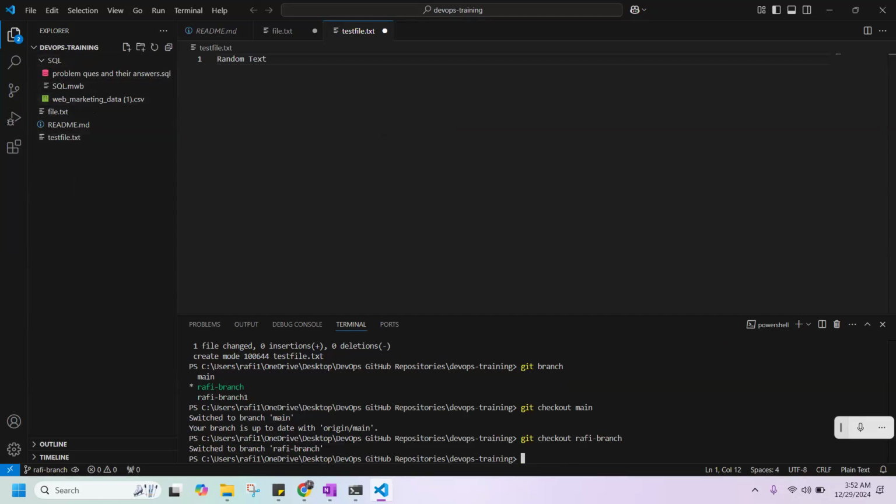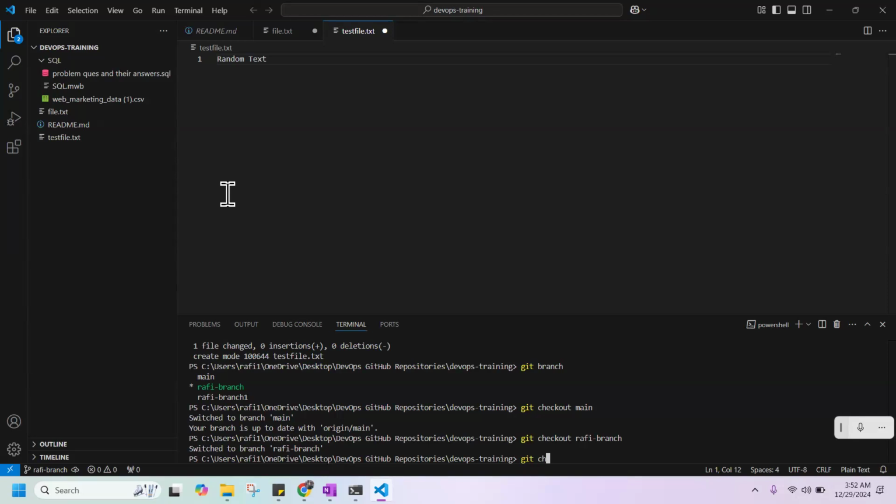Oh yeah, this is changing based on which branch I'm going to. Yes. So currently you are in Rafi branch, so these changes are made. Now the test file.txt is located here. Now go to the third one, Rafi branch 1, to check whether the test file.txt is located here or not. Because all of those branches are separate from each other, right? Whatever changes you made in that particular branch are not going to be reflected in another branch, right? Now go to Rafi branch 1 to check the test file.txt.